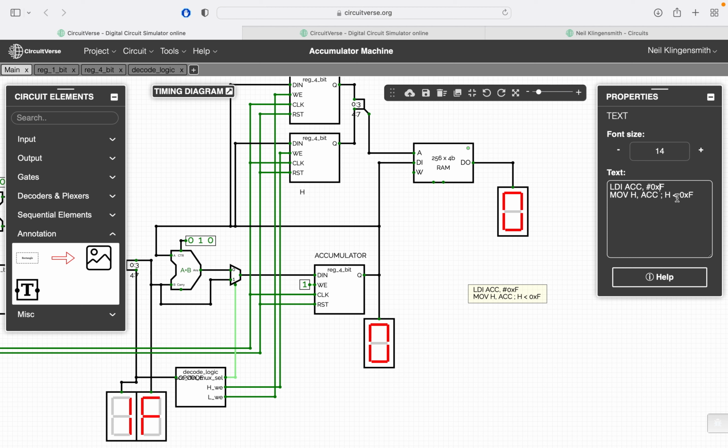Okay, H is going to get the hex value F after this instruction here. And then we're going to do the same thing for the L register. So we're going to load immediate the accumulator with, let's say, 2, and then we're going to move L, accumulator, which is going to cause the L register to get 2, right? And after these 4 instructions are complete, the HL, the combination of HL, so we'll say H colon L, which